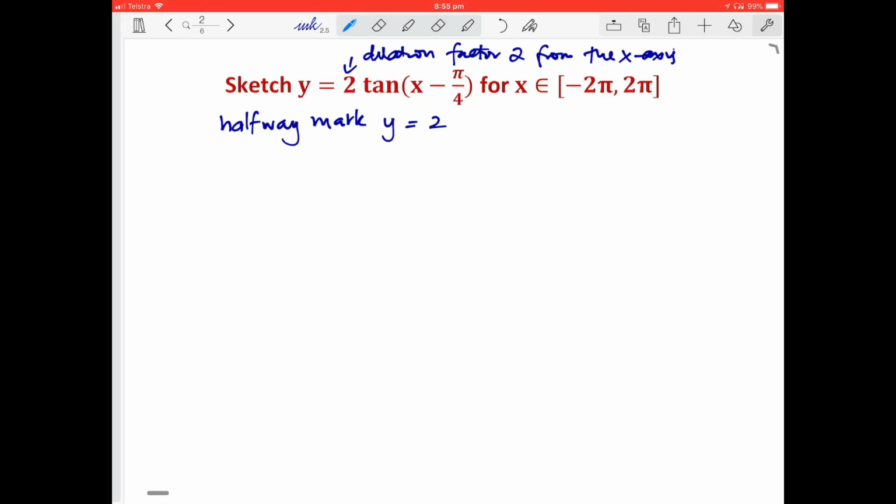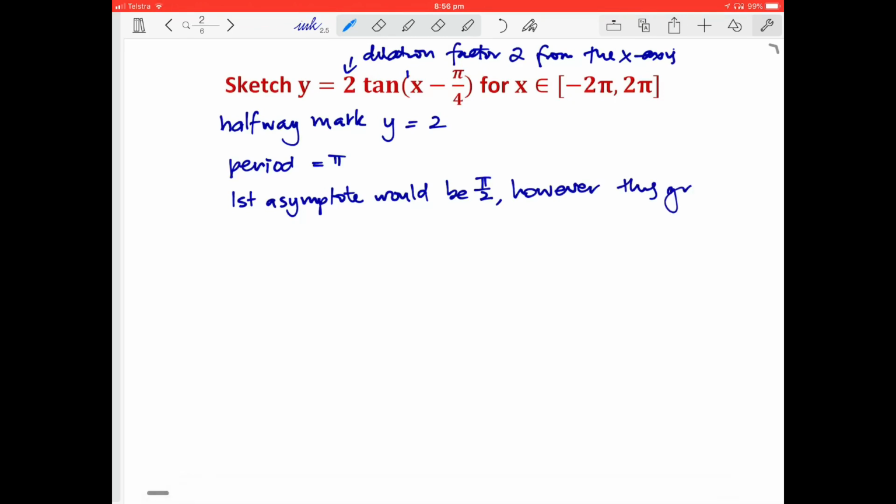Okay, so my halfway mark is y equals 2. My period is still pi because it's pi on n, which is just pi because there's a 1 out the front. Okay, my first asymptote would be pi on 2. However,